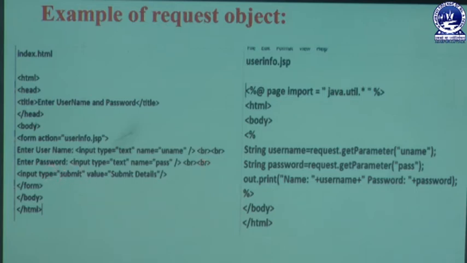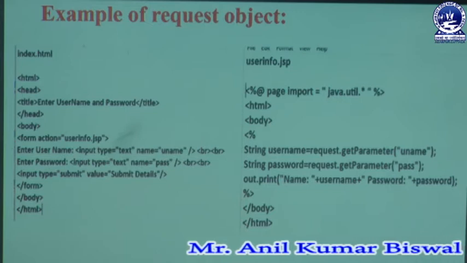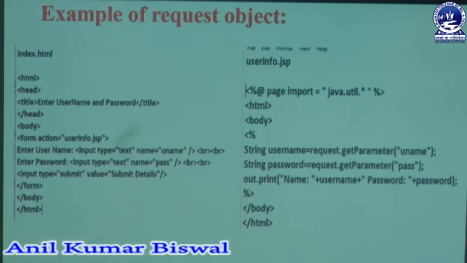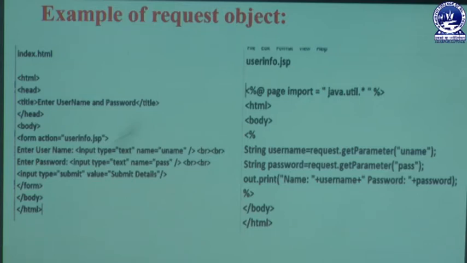Then we are creating a submit button by using the command submit, and that submit command is written in the type section. Type is an attribute of that input tag. Then we are writing a value, which is the name of that command button. This submit button name is written as submit details. Whatever you write inside the value section must be displayed on top of that button. If you write submit details, it displays as submit details; if you write click here, it displays as click here. Then that part must be linked with this userinfo.jsp, and the whole section is written as the userinfo.jsp section.